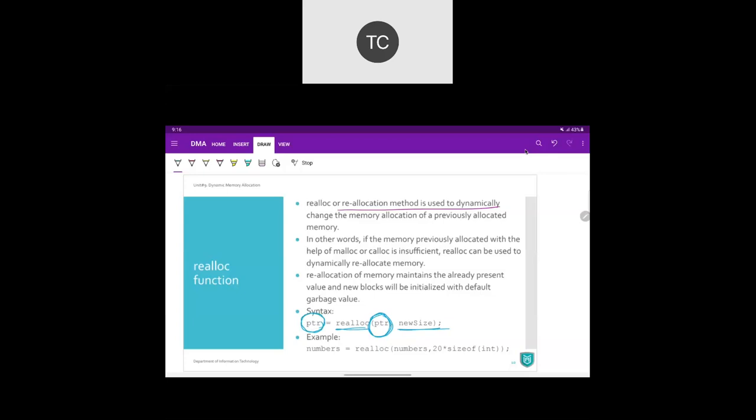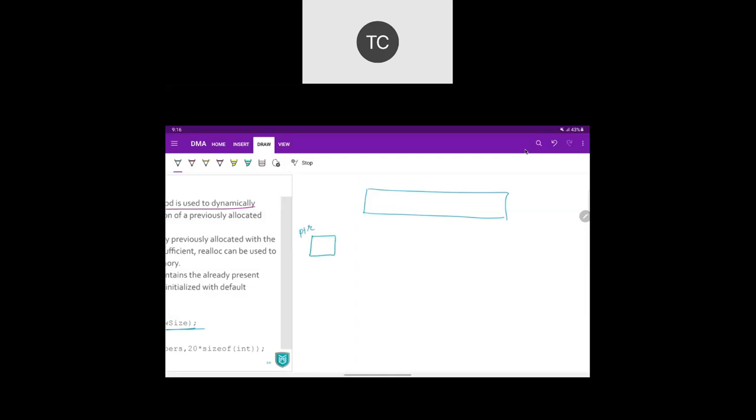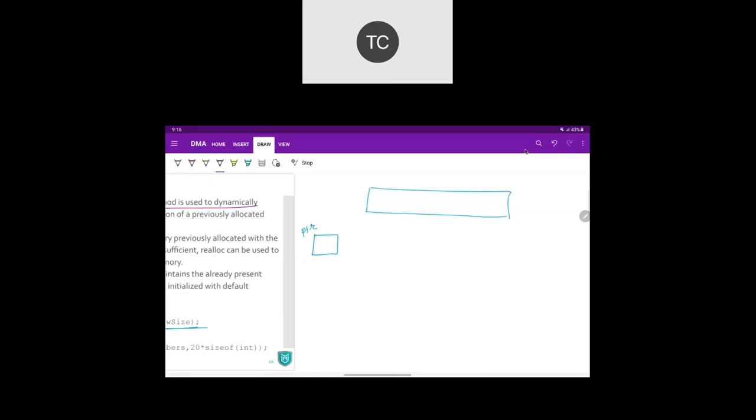So what happens here, let us say that earlier we have been allocated a memory and we point to that memory using some pointer. Now the pointer variable is a separate variable, which means it will have its own memory allocated. Let us assume the PTR variable is somewhere at address 3050, and when you have gone for malloc or calloc, you have been allocated a memory which is somewhere at 4000.